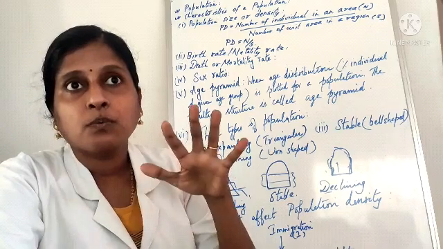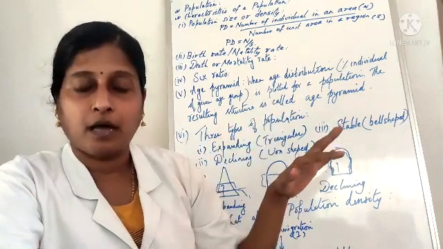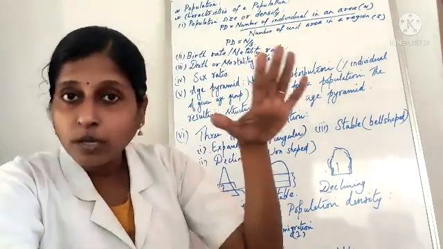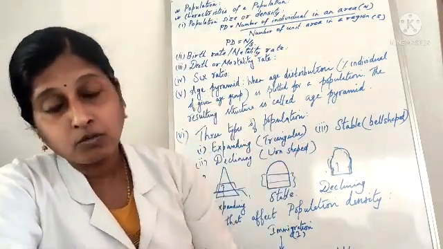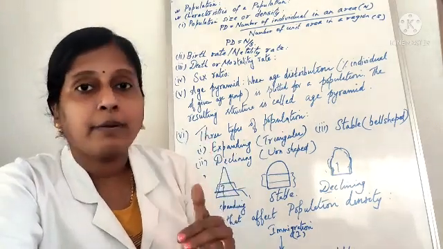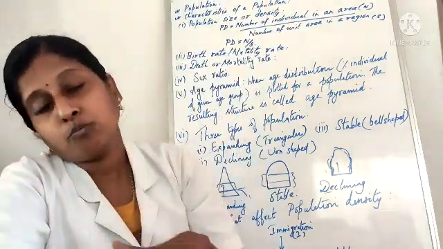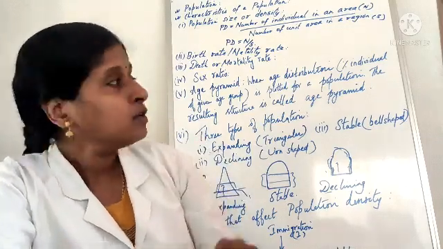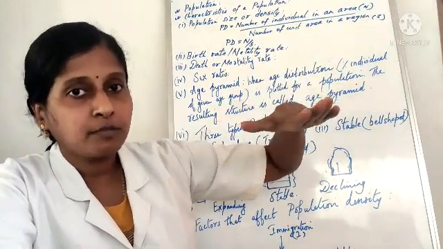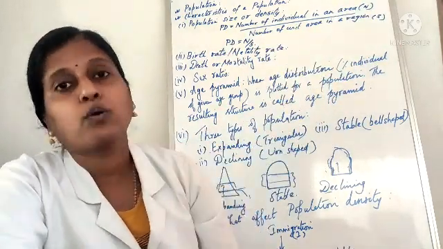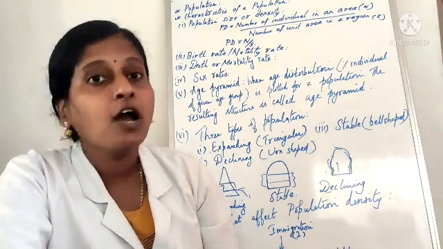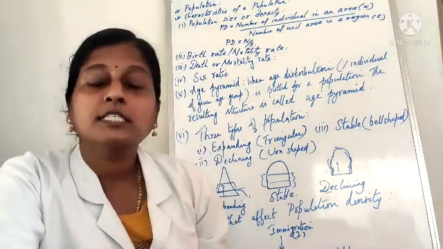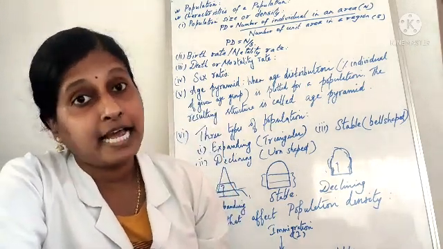Like for example, what is the population density of Patripala? The number of individuals residing in Patripala, the whole number of people there, I will count. That is N, divided by the area. How much area, how many square kilometers is Patripala? So that is your area. So N, number of individuals, divided by the area, we call it population density, or we give the term population size. Is that okay? Now moving on to the next term, that is birth rate or natality rate.